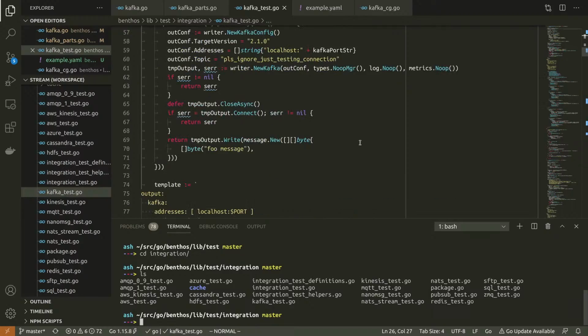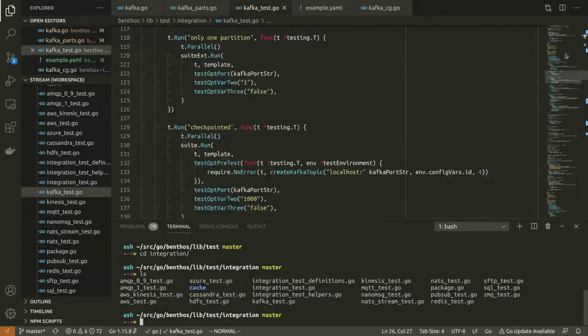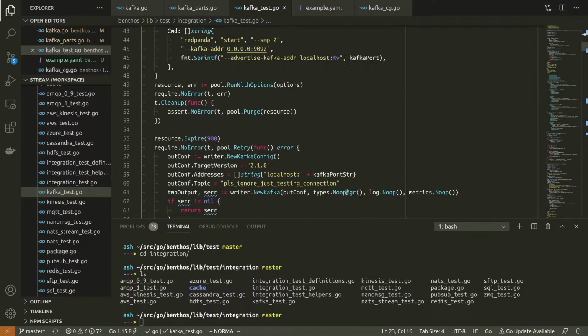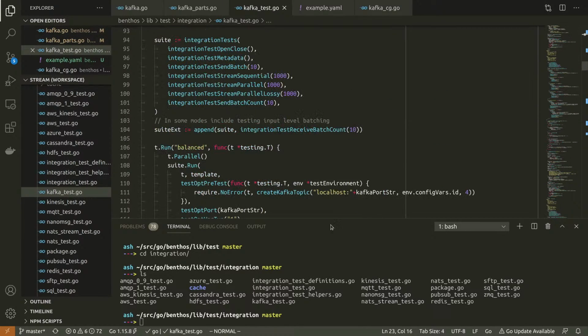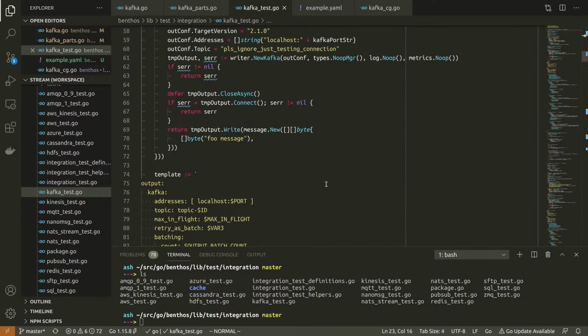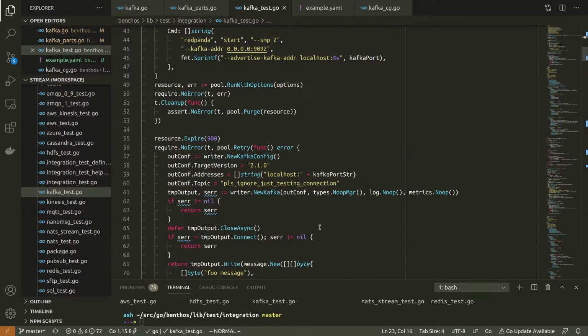I will update. I'm always going to have an official Kafka integration test, but this one's just quicker to run, and I like testing that we can integrate with Red Panda as well. Right, so I'm going to modify these. So we've got a test suite. If you haven't ever seen the integration tests, this is pretty cool.